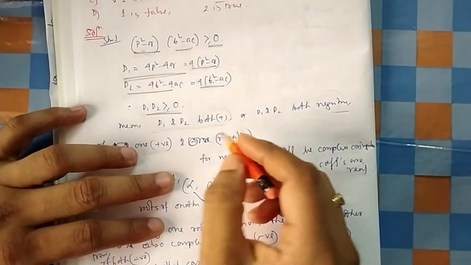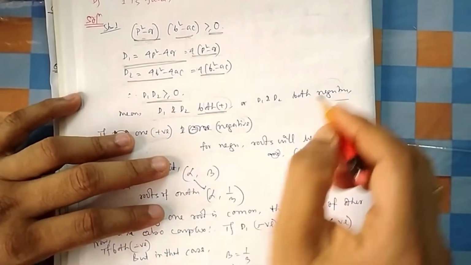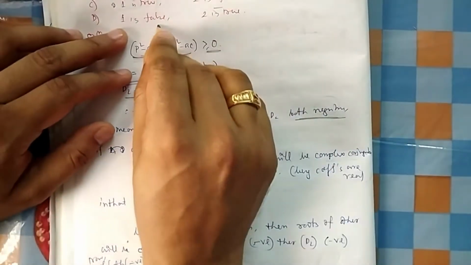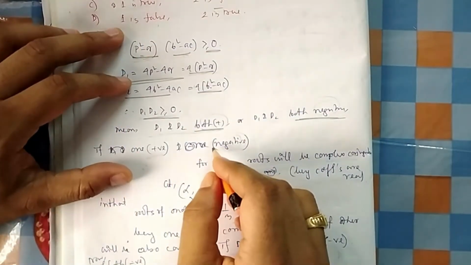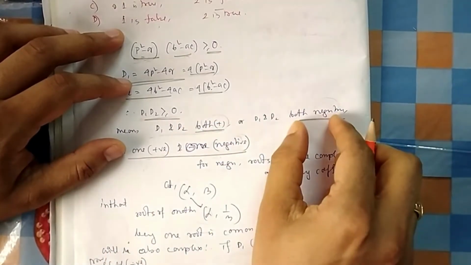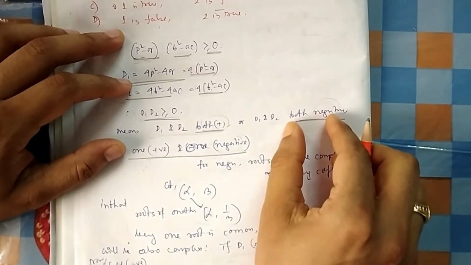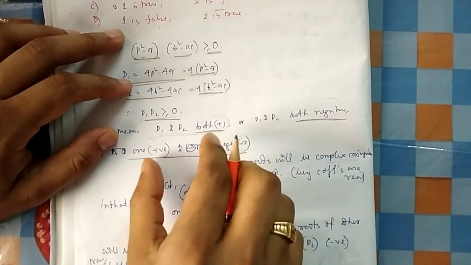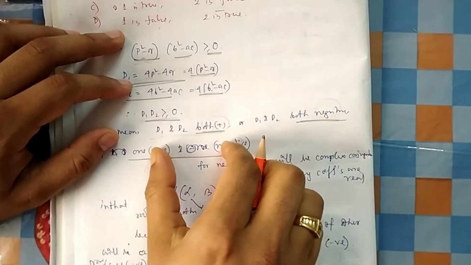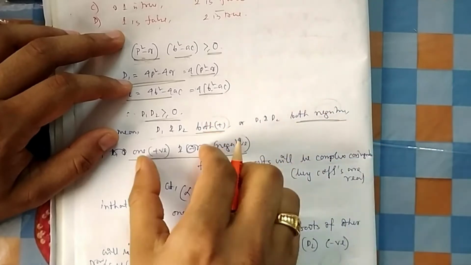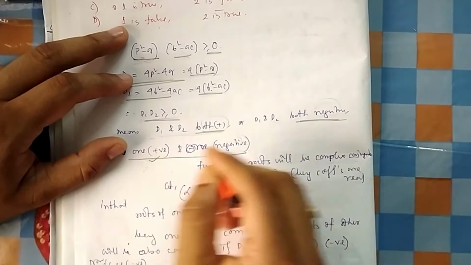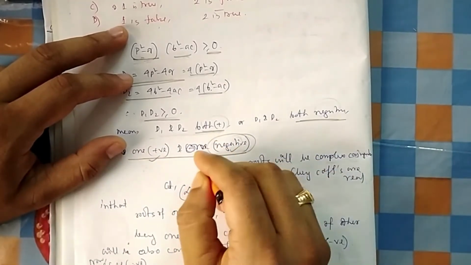Now if the product of both is positive, both can be positive or both can be negative. In order to check whether statement 1 is false or not, let me try to draw a conclusion for one positive, one negative, because these two they have given. If I can find that the case they have not included, one positive and one negative, is true, then their given statement is wrong, and I can directly take option D. So if one is positive and one negative, it means one discriminant is negative.